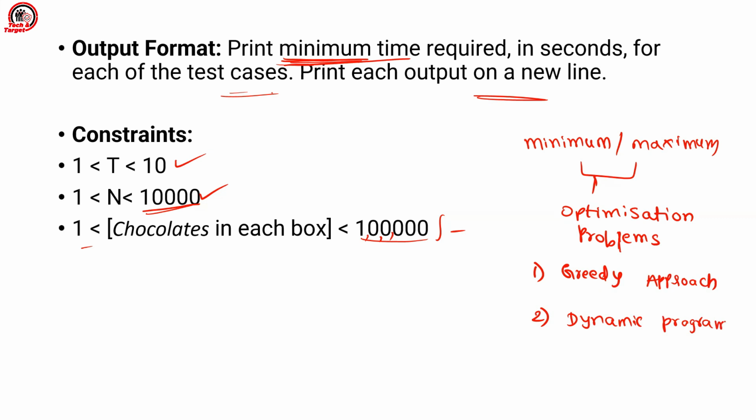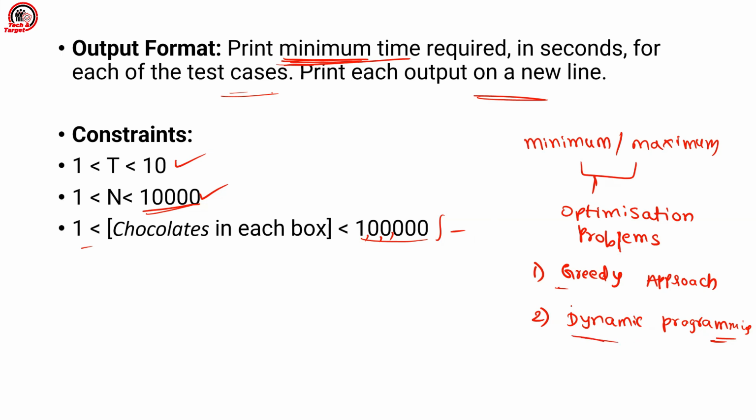Now, the first thing is greedy. So what do you mean by greedy? Greedy means you calculate the best at each moment, and finally you will be able to get the final result. Greedy is very simple. It's just you being greedy at every moment. You calculate at one instance what is the best output that you will be able to get. Next you calculate the best output for one more input, and then you keep on doing that until you reach your endpoint. That's how you solve greedy problems.